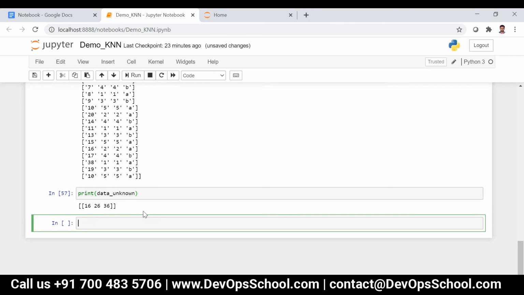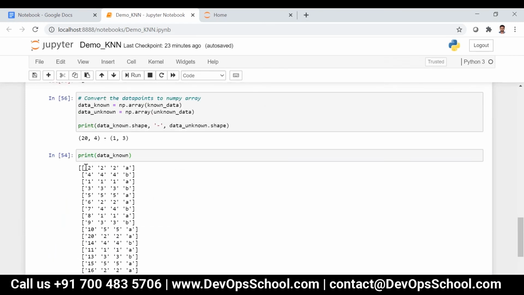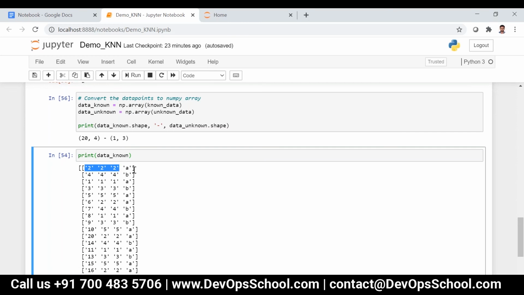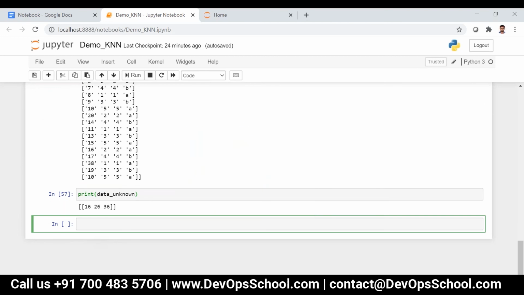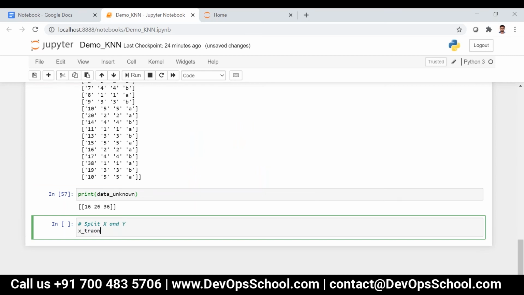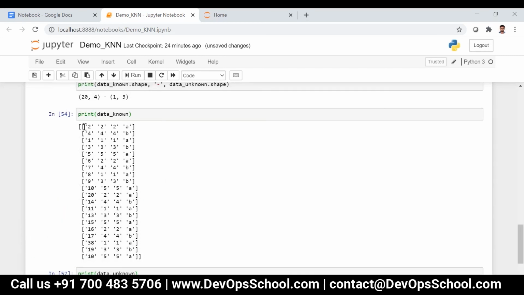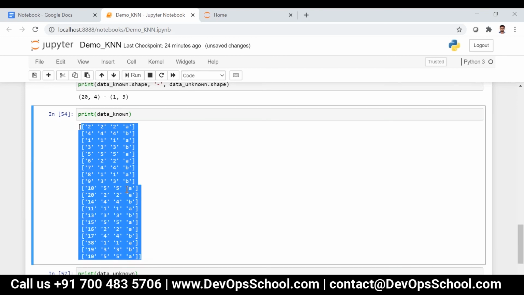Okay, so now what we are going to do is split into x and y. That is, these three are x-axis and the last one is nothing but y-axis. So I can say x_data is equal to data_known of, I want all the rows except the last column.